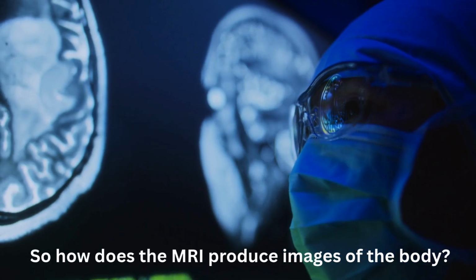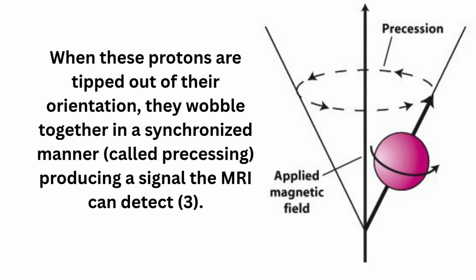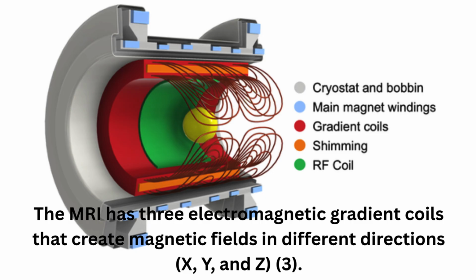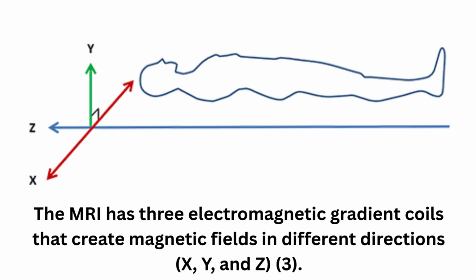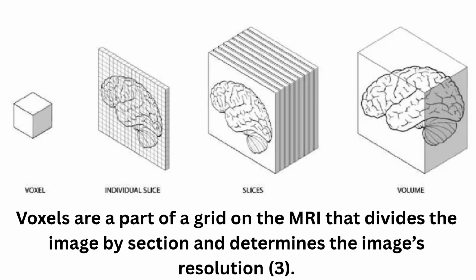So how does the MRI produce images of the body? The MRI sends out an RF pulse that matches the static magnetic field that the patient was placed under. When these protons are tipped out of their orientation, they wobble together in a synchronized manner, called precessing, producing a signal the MRI can detect. The MRI has 3 electromagnetic gradient coils that create magnetic fields in different directions: X, Y, and Z. Where these fields intersect is called a voxel. Voxels are part of a grid on the MRI that divides the image by section and determines the image's